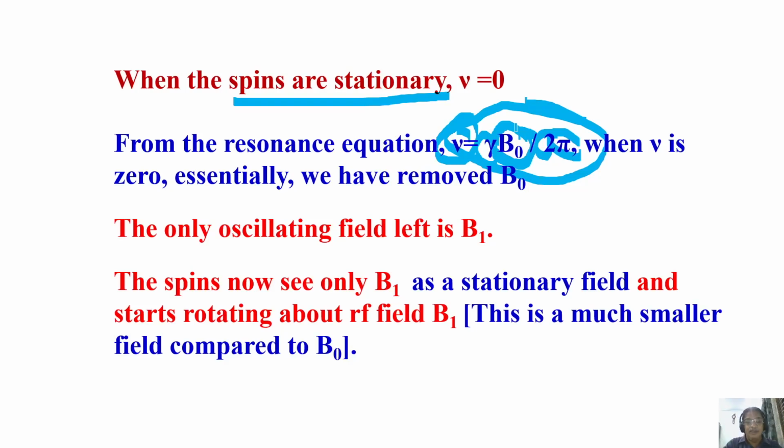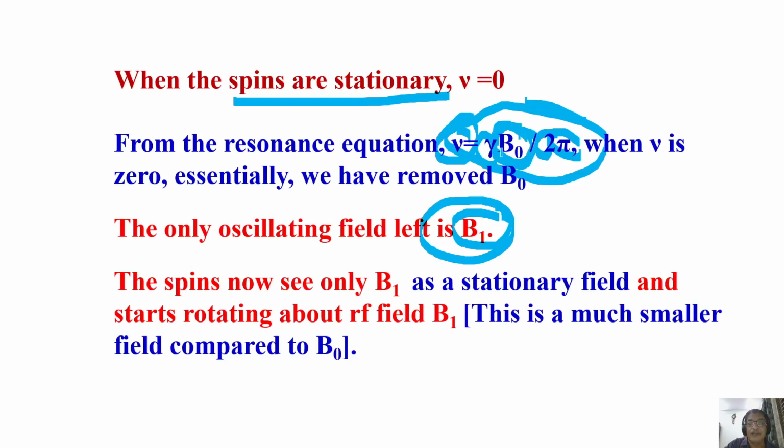Now that is absent, but they are precessing along the oscillating field. That is the oscillating RF which we have applied in the direction perpendicular to the magnetic field. That field is called the B1 field. What is this B1 field? This is not a magnetic field of several Tesla. We have not applied that. It's a small RF pulse we apply, and this field is much smaller. If I want to express it in frequency, it is about 25 to 30 kilohertz.